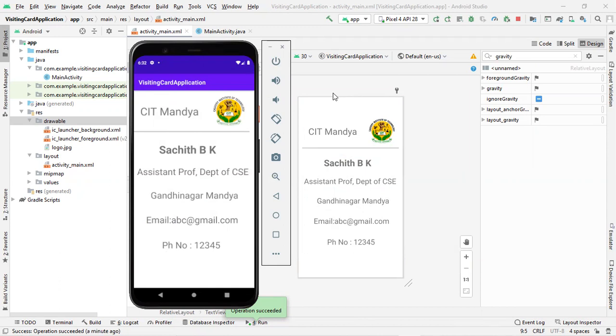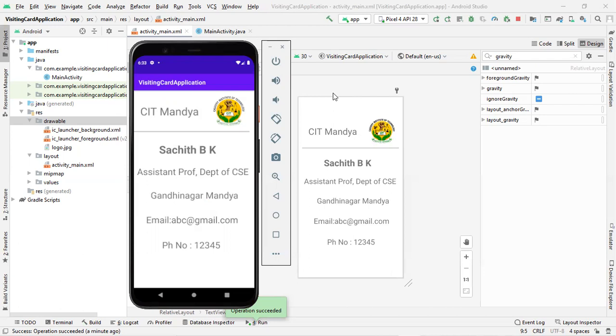So far we covered two lab set programs. Firstly, we started with a sample application on how to create a toast. On clicking a button, it will create a toast message. Toast is something which will appear for a brief amount of time. Once that brief amount of time is expired, your toast will disappear.